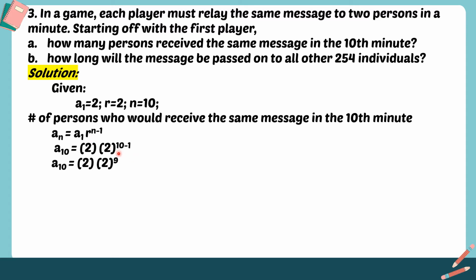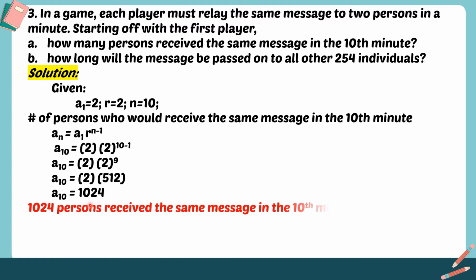Then simplify, 10 minus 1 is 9. And 2 raised to 9, that is equal to 512. And then 512 times 2, that is 1024. So it means after 10 minutes, we have 1024 persons who would receive the same message. Then next,